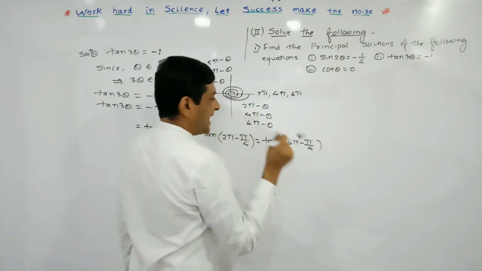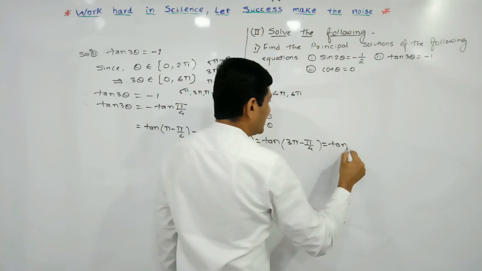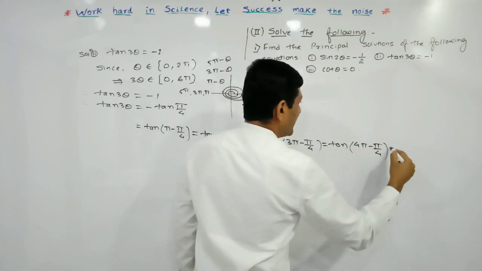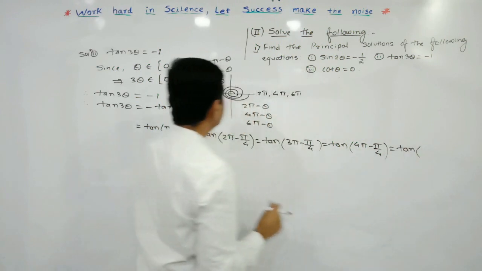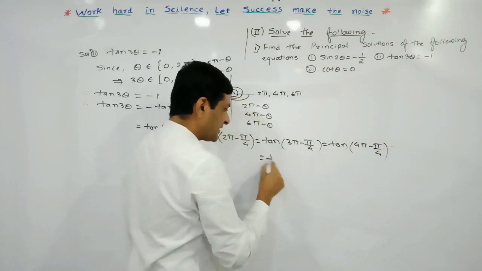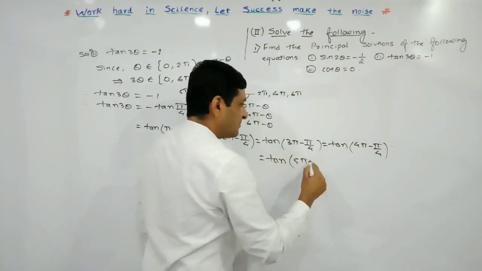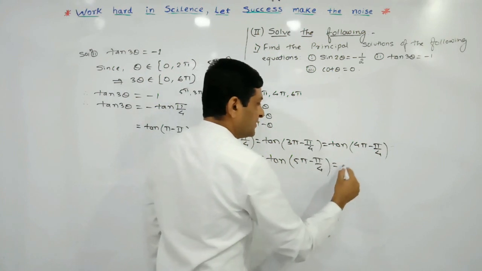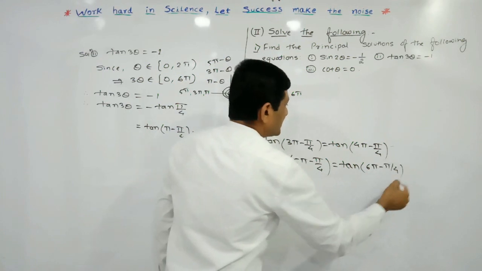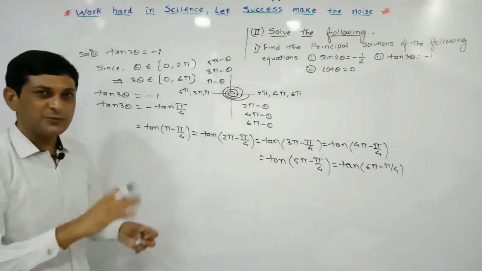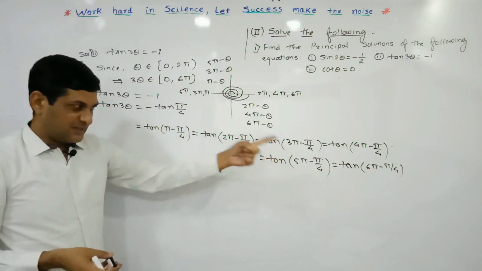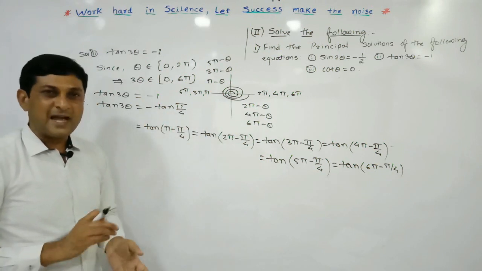After 3 pi by 4 we will get tan how much? 4 pi minus pi by 4 will also be equal to tan. After that, what will we get? 5 pi minus pi by 4 is equal to tan, and 5 pi minus pi by 4 will also be equal to tan 6 pi minus pi by 4. These results we are getting according to the allied angle formulas. So in this way we have got 6 terms whose value is minus tan pi by 4.